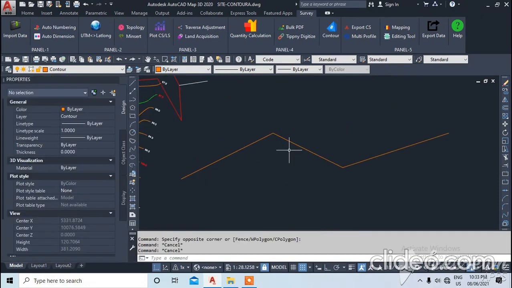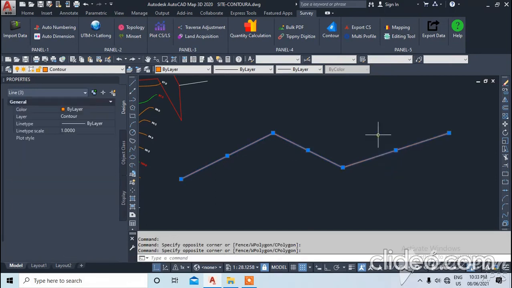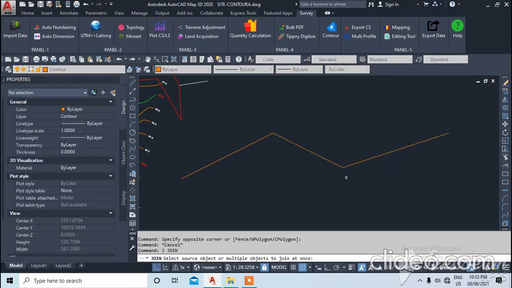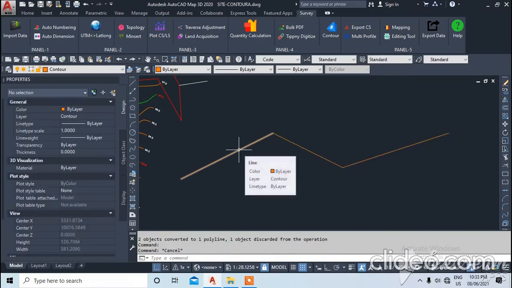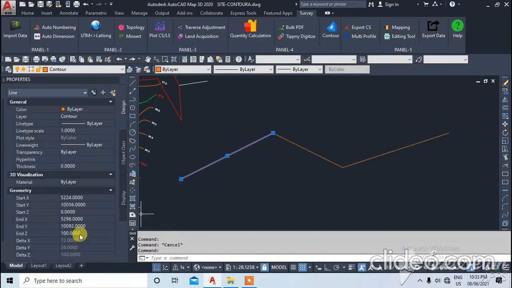Next we will see the command E0. This command is used to set the elevation as 0 for selected objects. For example, I want to join these three lines. For that I use the command J, select these objects and press enter. See, only these two objects get joined. Why? Because this one is not joined. It has a different elevation.